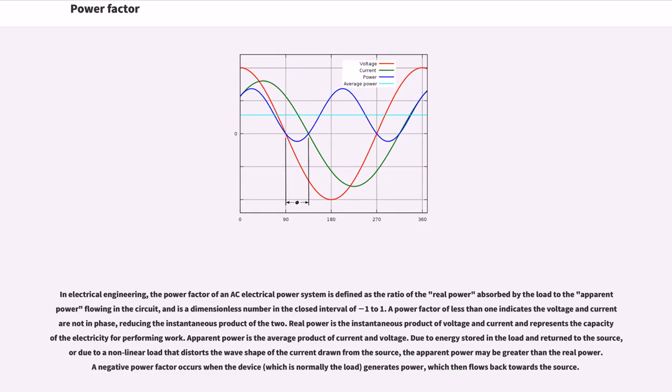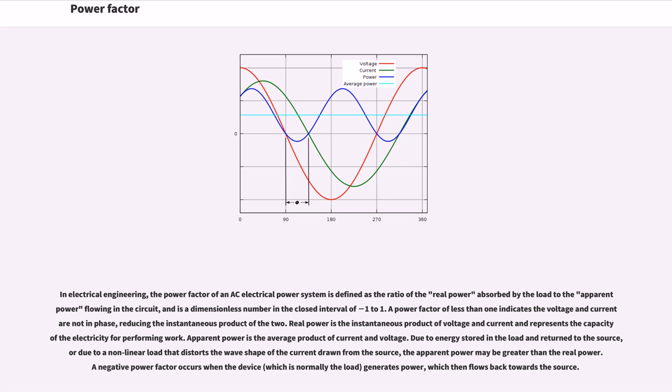Power factor. In electrical engineering, the power factor of an AC electrical power system is defined as the ratio of the real power absorbed by the load to the apparent power flowing in the circuit, and is a dimensionless number in the closed interval of -1 to 1. A power factor of less than 1 indicates the voltage and current are not in phase, reducing the instantaneous product